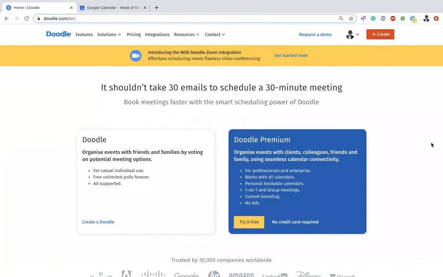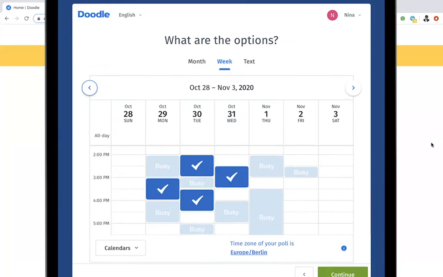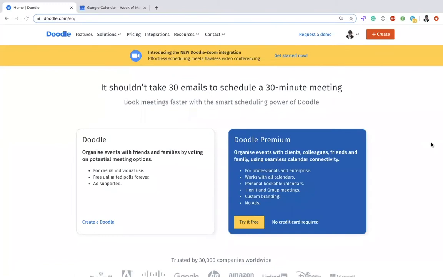By connecting your calendar to Doodle, you can see your calendar appointments and the potential times for your meetings side by side, and you can sync the final events to your calendar. That means you have full control over your schedule and can prevent any double bookings or overbookings. Now keep in mind that no one else will have access to your calendar and your appointments are only visible